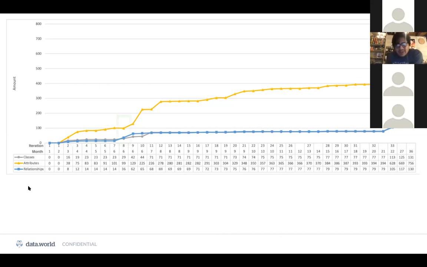And what we see here is that every time you see an increase was a new database that was added to the whole knowledge graph. So what was interesting is that they had this requirement that they said, we need to integrate 4 different databases. They didn't integrate the 4th database till month 21.